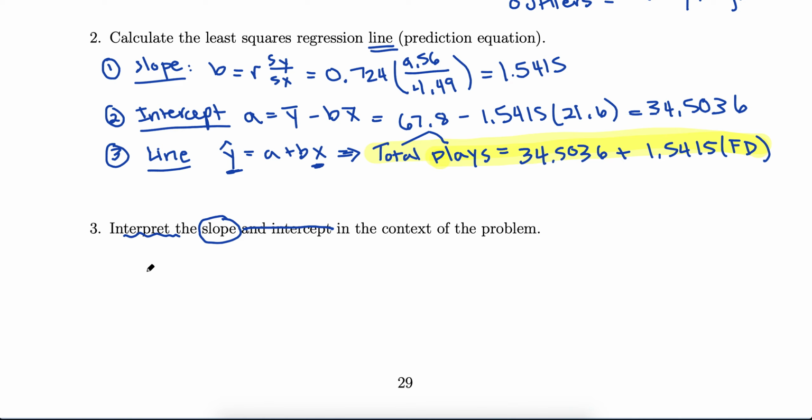So in this case, our slope, we said, is x goes up by 1. This tells us how much the y value is predicted or expected to change on average. So x was our number of first downs. So as number of first downs increases by 1,